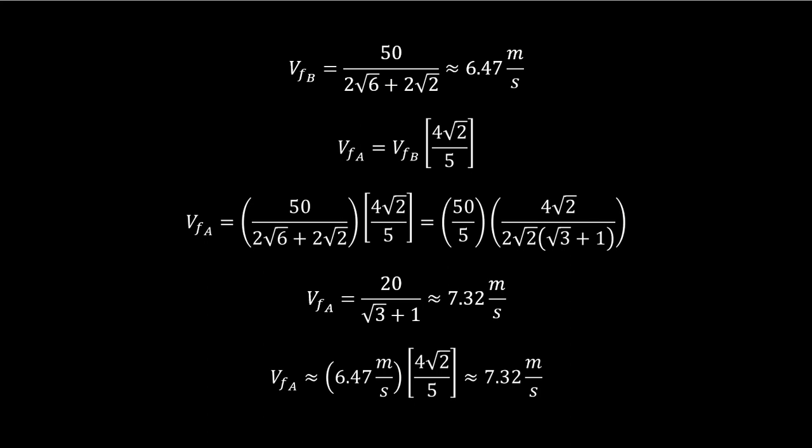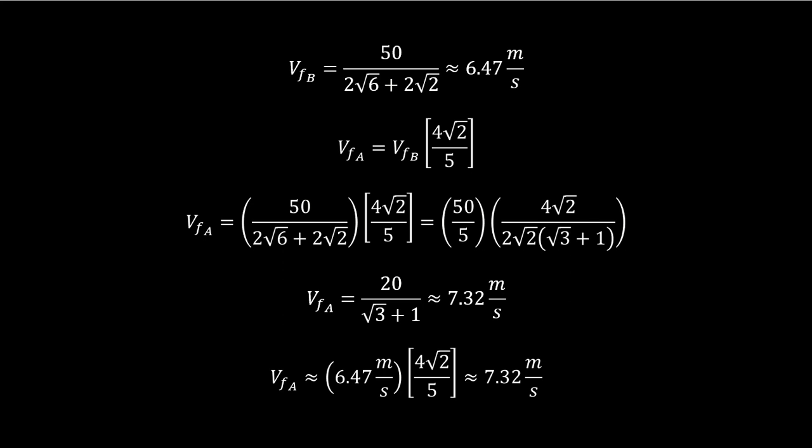It's not necessary, but if we do that, that simplifies things to 50 divided by 5 is 10. 4 square root of 2 over 2 square root of 2 becomes 2. 10 times 2 is 20 in our numerator. That leaves square root of 3 plus 1 in the denominator. Therefore, the exact velocity of A immediately after it collides is 20 over the square root of 3 plus 1, or approximately